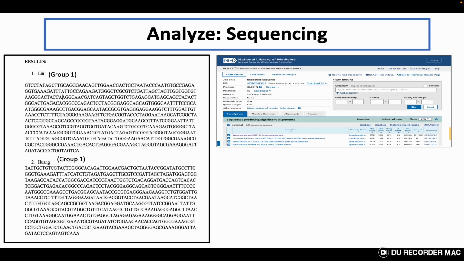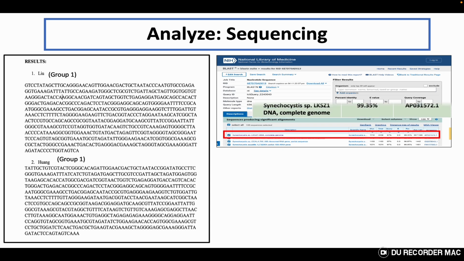For the first sequence, we use NCBI BLAST, the National Center for Biotechnology Information, by putting the sequence into this website. What we found from this sequencing is that the bacteria we detected with the highest match, 99.35%, is